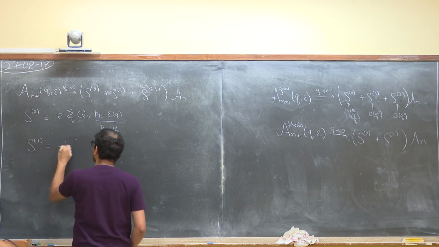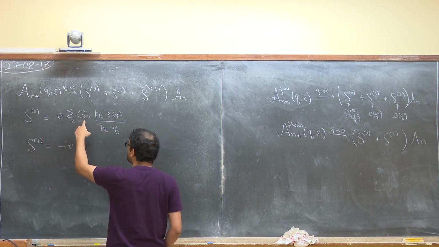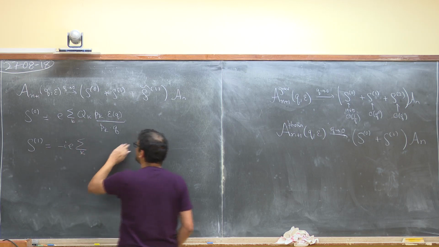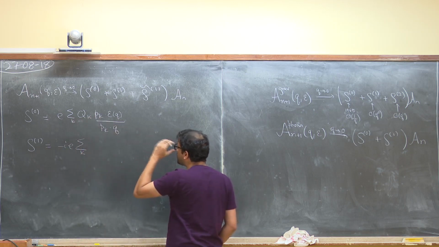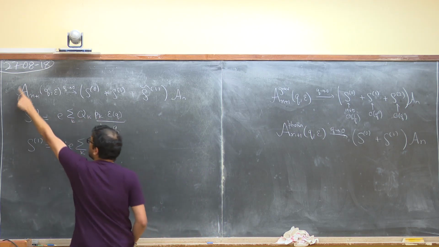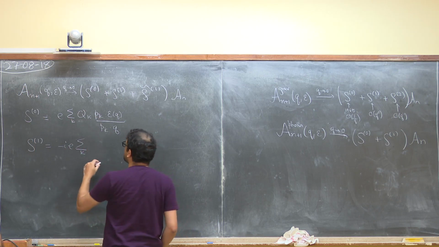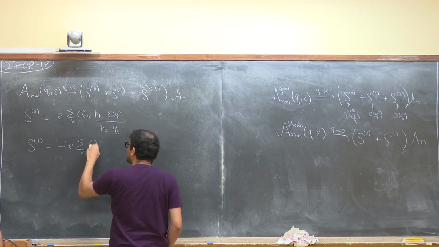S1, e is the coupling constant, Q is the charge of the kth particle, Pk is the momentum of the kth particle. So as you can see, this is completely universal. It doesn't depend on the set of interactions. It only depends on what particles are present in this n+1 point amplitude and their momentum. That's all that goes in there.